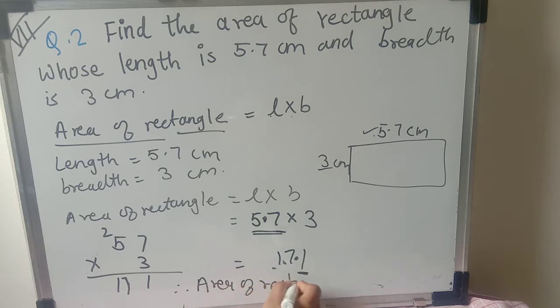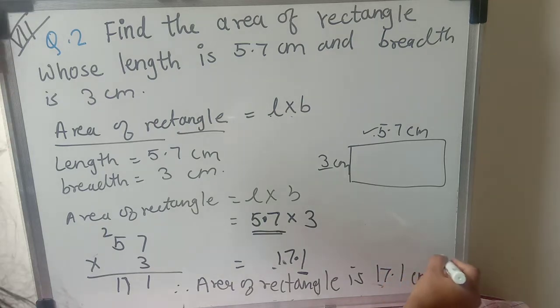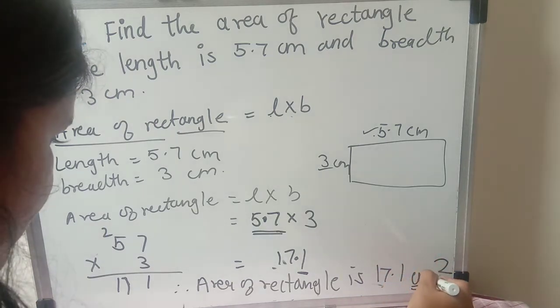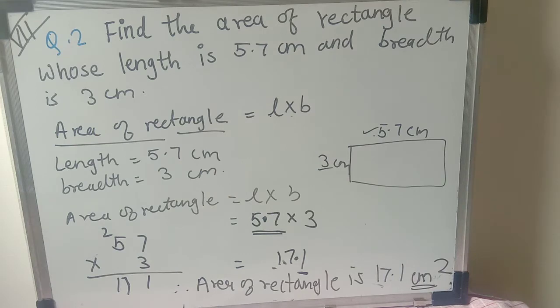And here we can see, therefore, the area of the rectangle is 17.1 centimeter square. Okay, centimeter square. Don't write only centimeter, because whenever we get the answer of area, we always write the unit, that is centimeter square. Okay, centimeter square, because, I don't think you need to know why centimeter square, but for example